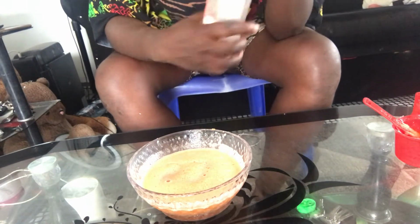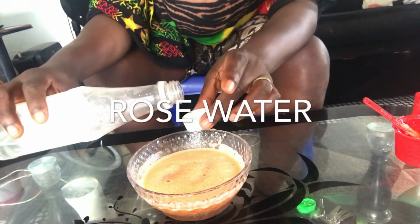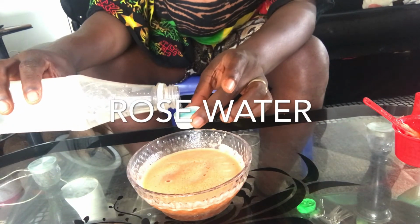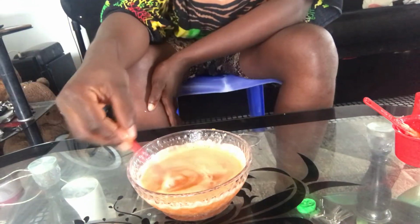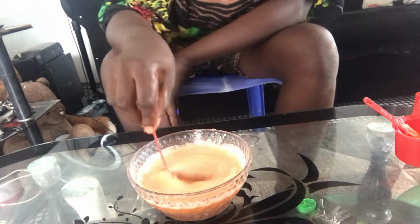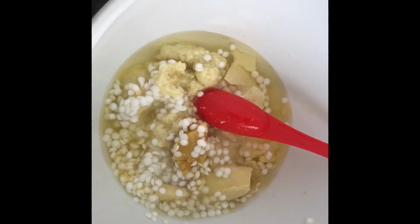But I went ahead to also add a little bit of rose water. Rose water is really nice. It helps to reduce fine lines and the rest. It has a lot of benefits that I can't talk about them here. So I'm just going ahead to mix it up, the vegetable glycerin and the rose water. I'm just mixing it up, and that's my